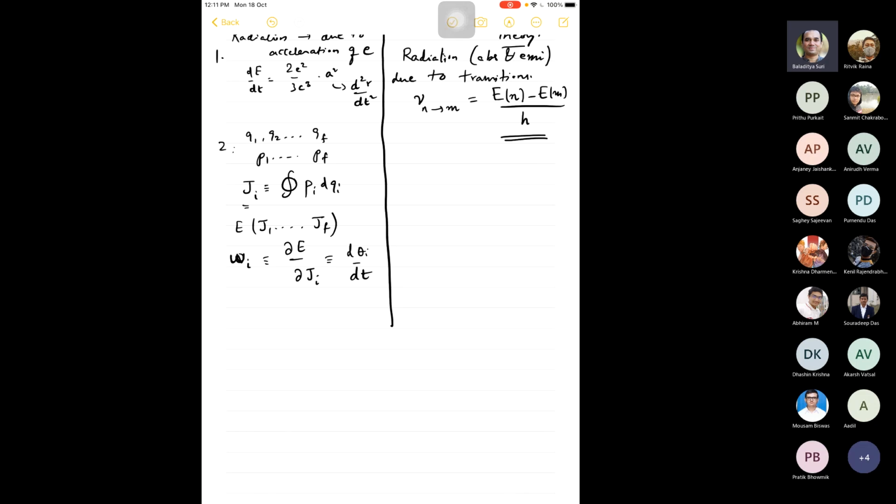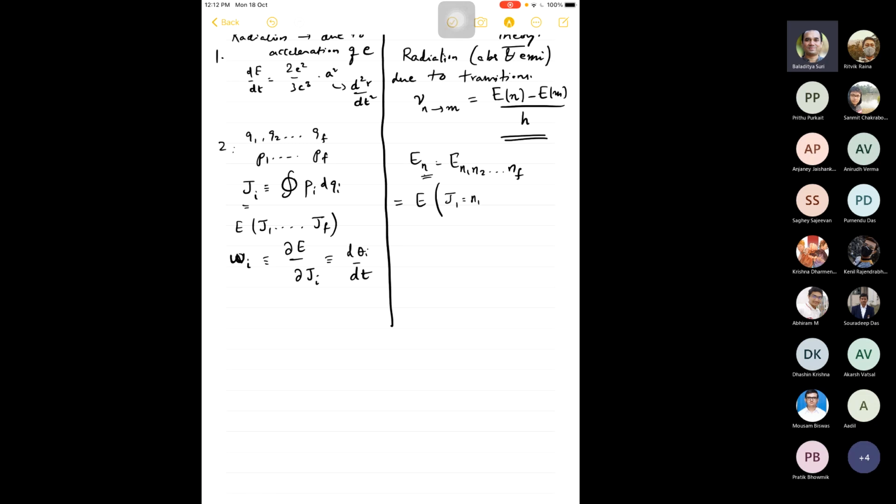So in the quantum theory, how do you determine En? En is basically, if you have f degrees of freedom, this n is a collective. It is denoted by f quantum numbers. So this is basically E of n1, n2, and so on up to nf. Okay, there are f quantum numbers. This n is a collective index for all these f quantum numbers, and that is nothing but E of